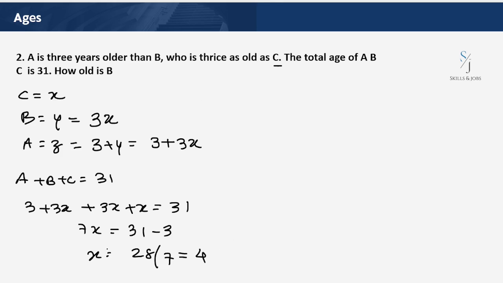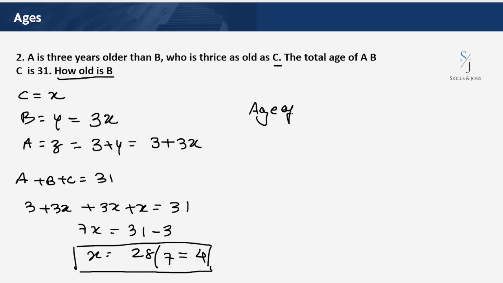So now we should not get stuck here. Most of the time what happens? We may make a mistake. We solve here and we leave this problem. But we need to understand what exactly is asked in the question. So in the question it is asked, how old is B? So here we need to write